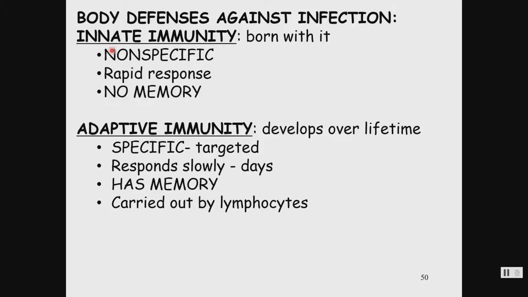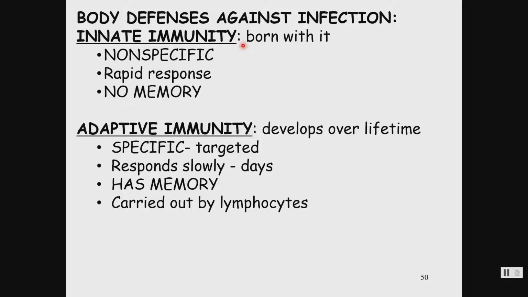When we talk about innate immunity, if something is innate to you, you are born with it. This is also called the non-specific immune system, meaning it just does what it does. It's going to respond to particular patterns in pathogens rather than a particular one. So it will recognize peptidoglycan, which is part of the bacterial cell wall, but it won't really know if that was a streptococcus, a salmonella, or what type of bacteria it is.